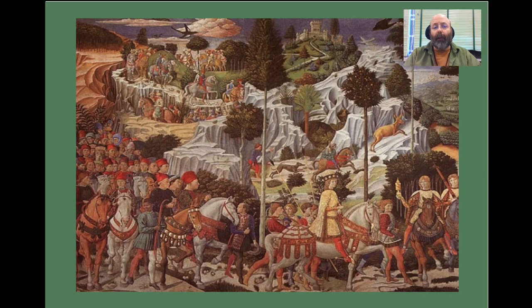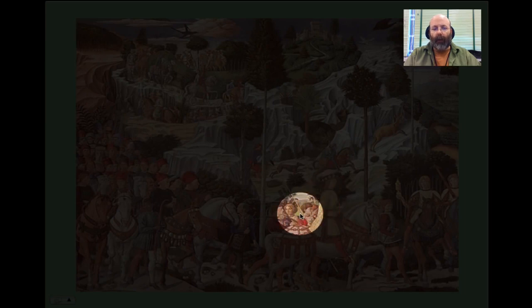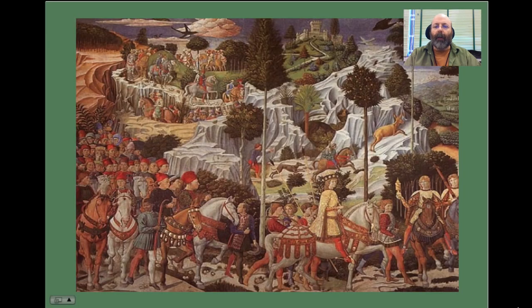Now this is a very famous painting. This is a painting that's in the home of Lorenzo the Magnificent, one of the most famous Medici. And you can see him riding on the horse down here in the corner of the picture. And then you can also see there's this trail of people that goes all the way back to the back of the screen. Now those are people that basically went to the Medici for help. And in many ways, the Medici would offer them help. They would give them money, they would give them some sort of assistance, but in exchange, the Medici expected those people to help them when they needed it as well.